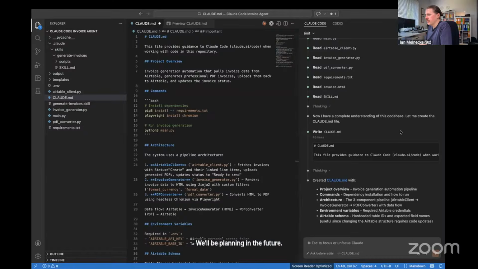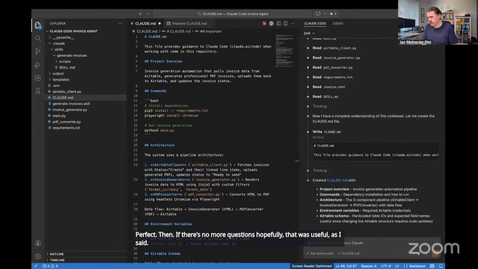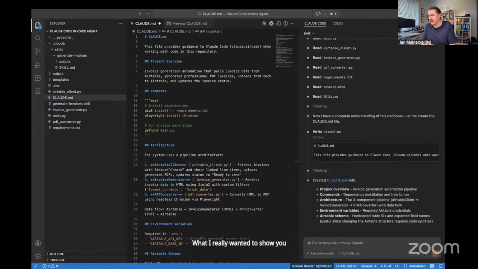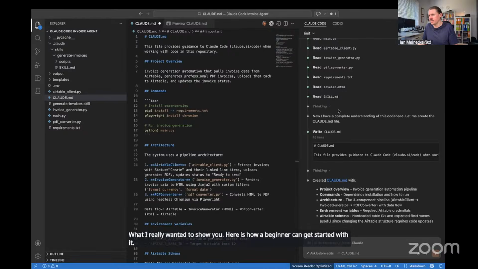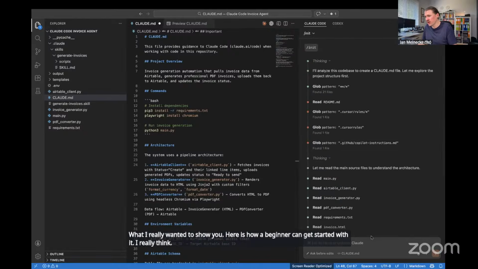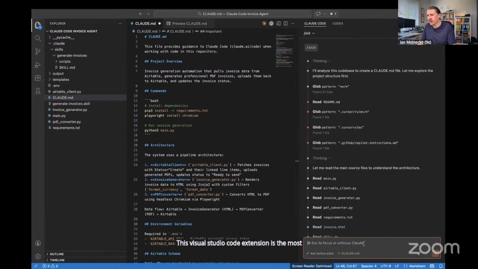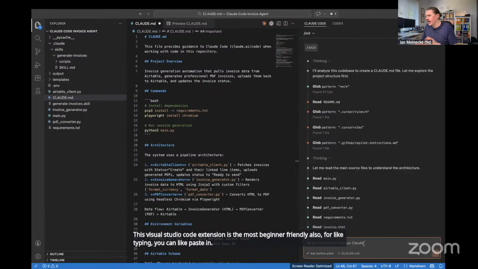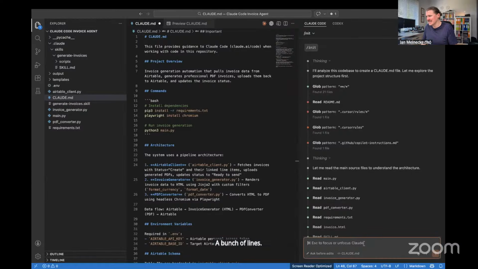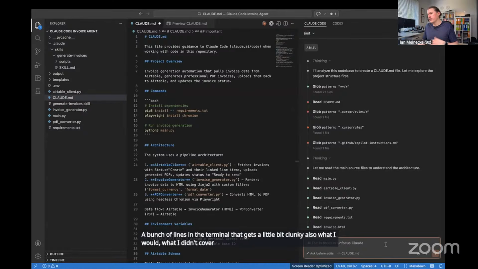Perfect. Then, if there are no more questions, hopefully that was useful. As I said, what I really wanted to show you here is how a beginner can get started with it. I really think this Visual Studio Code extension is the most beginner friendly. Also for typing, pasting a bunch of lines in the terminal gets a little bit clunky. Also, what I didn't cover, and I think we'll cover in the next session when we're building an app and building software,